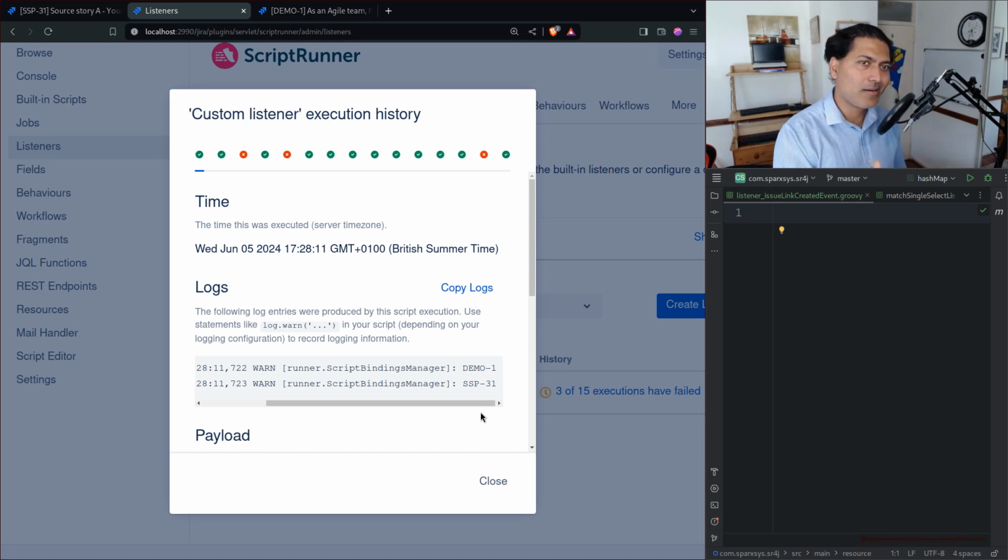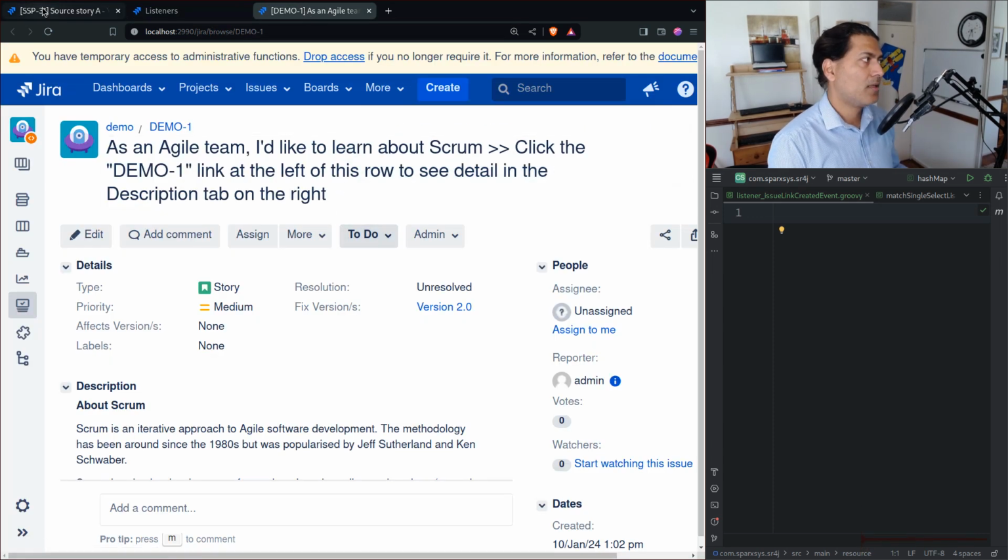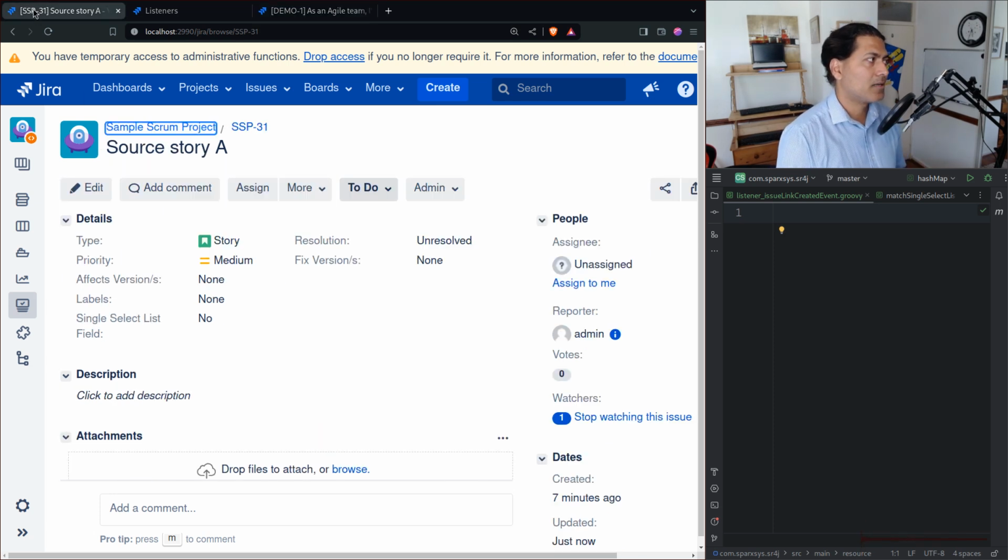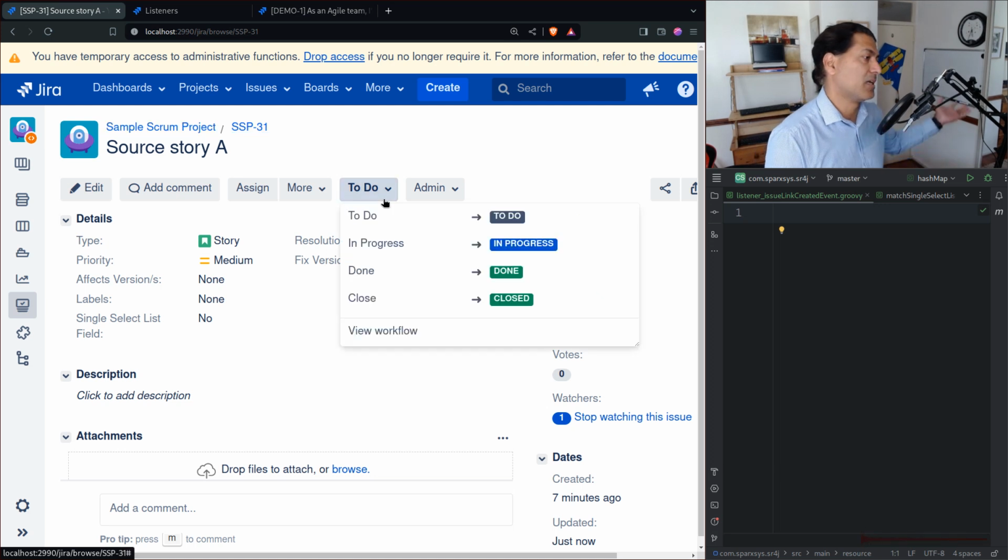Because when you imagine that you add a link from demo 1 to SSP31, in your code it will take literally a few lines. I'll show you in a different video how to remove the link when the status of your story or whatever issue is something, or maybe there is a different field,